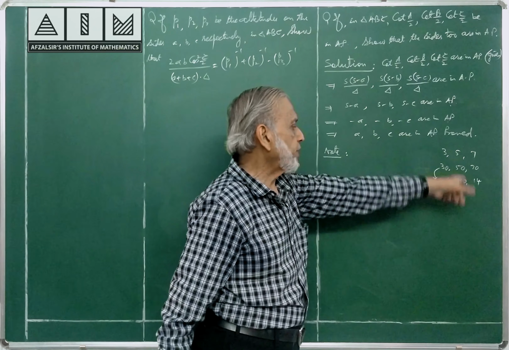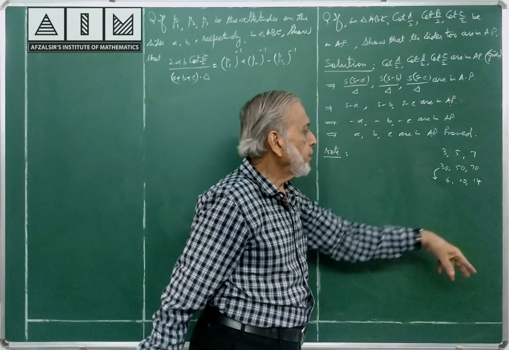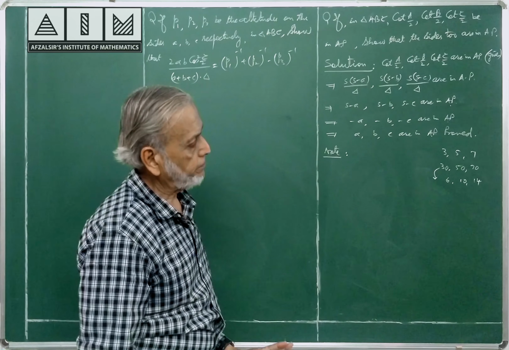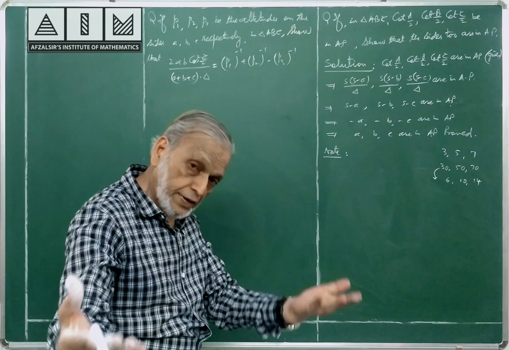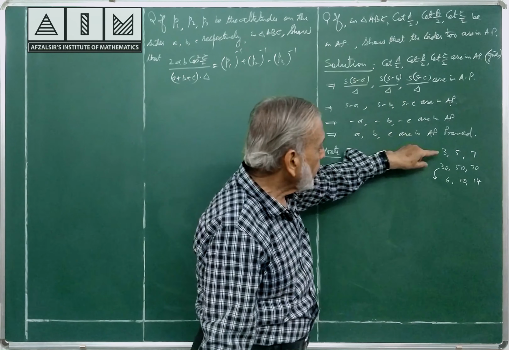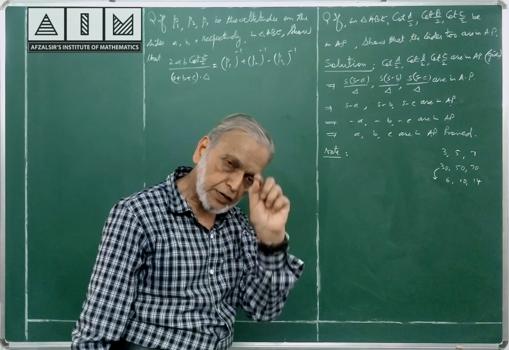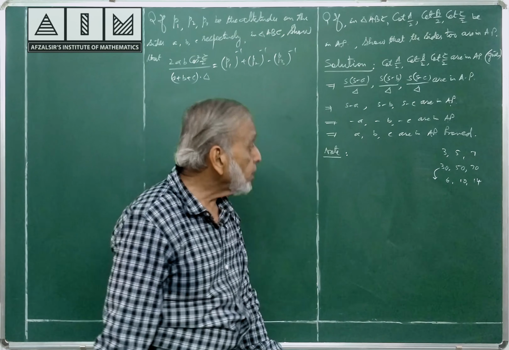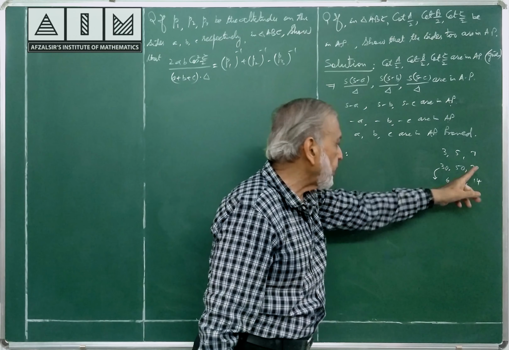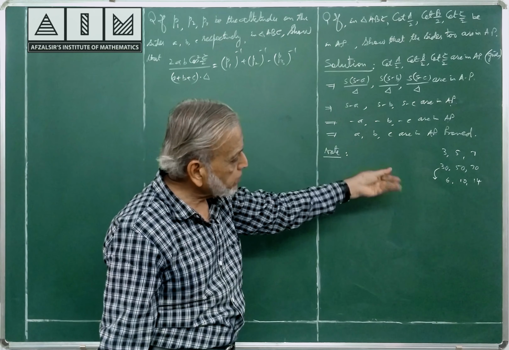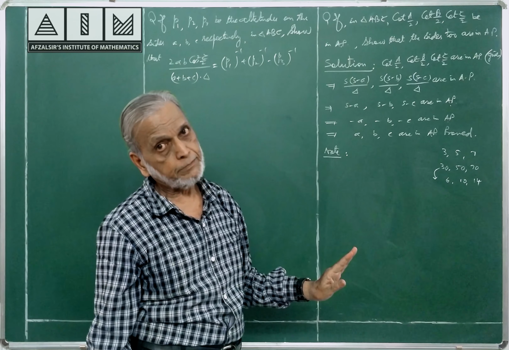5 6 are 30, 5 10 are 50, 5 14 times. Dividing by 5, dividing by a constant, again it is an AP only. So, what is the conclusion? The conclusion is, if you multiply the terms of an AP by a constant, the resultant numbers continue to remain in AP. If you divide the terms of an AP by a constant number, say 5 in this case, the resultant numbers continue to remain in AP.